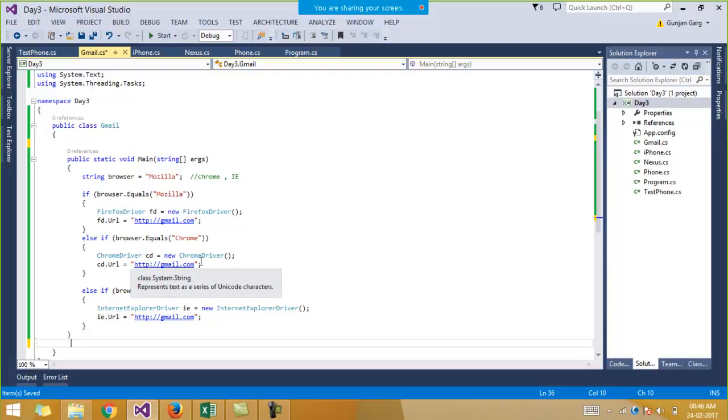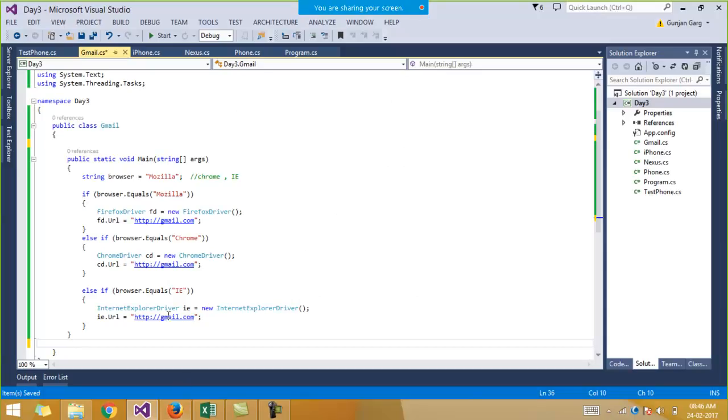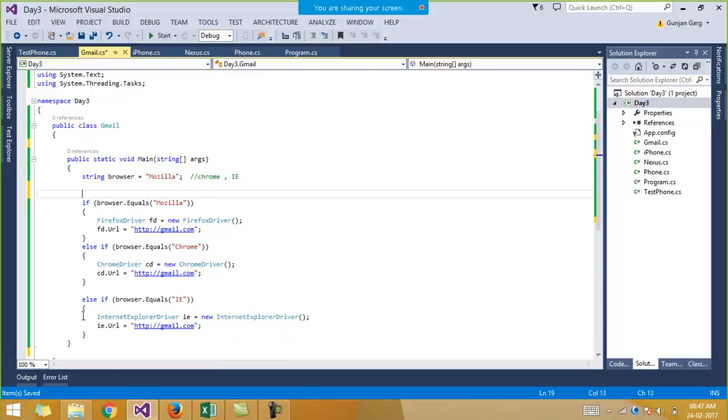We will first have to extract the username text field, and then type into it. So the same thing we will be doing in each and every if statement. How to remove this redundancy is that we can simply remove this if else code.